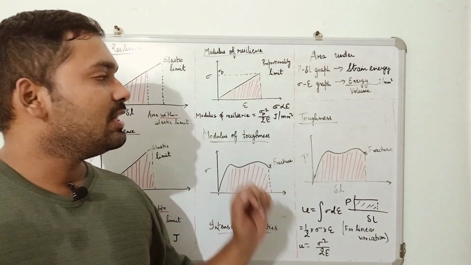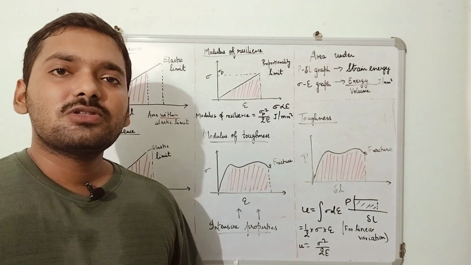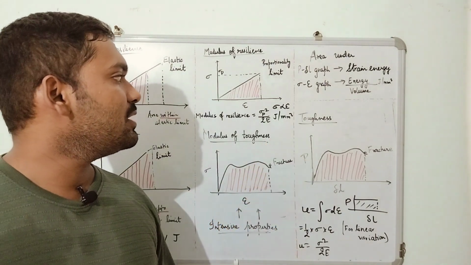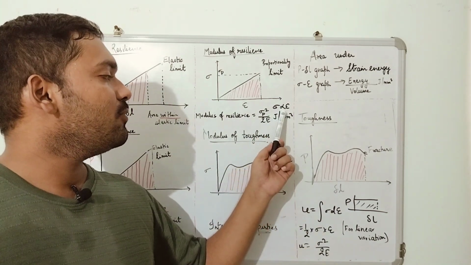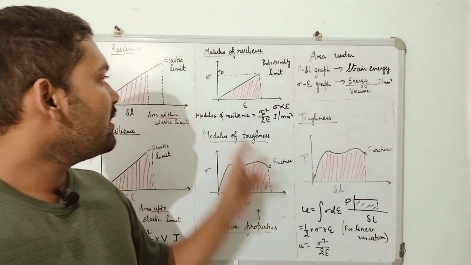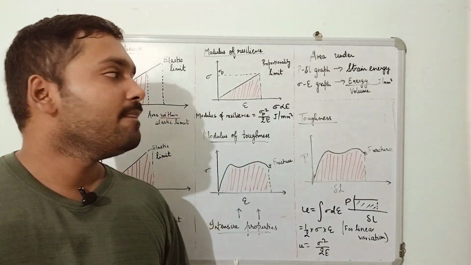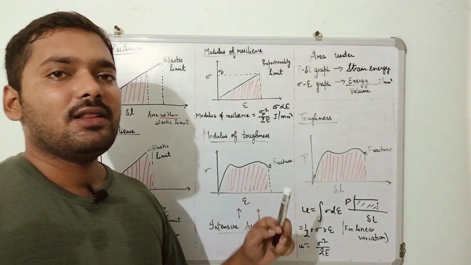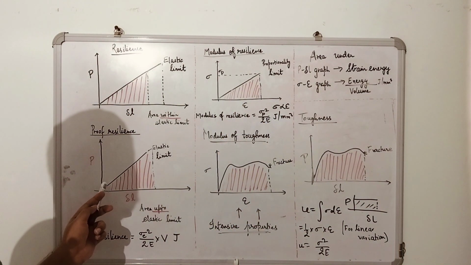If I talk about proportionality limit, it is the limit up to which Hooke's law is valid. What is Hooke's law? Stress is directly proportional to strain. So if we replace this proportionality sign with a constant, it will give us a linear variation passing through origin. So Hooke's law is valid up to proportionality limit, but in case of proof resilience, it is valid up to